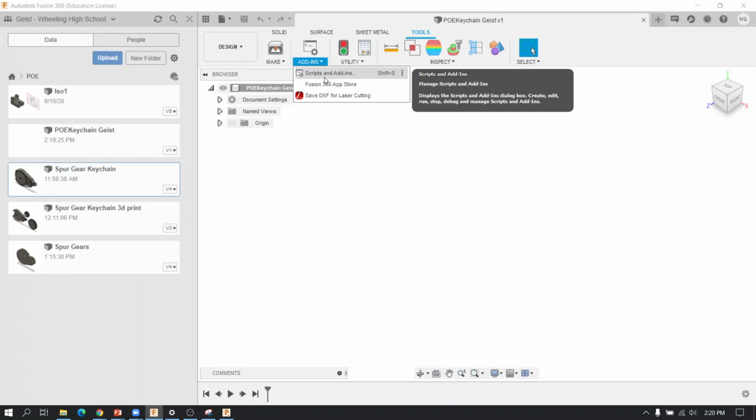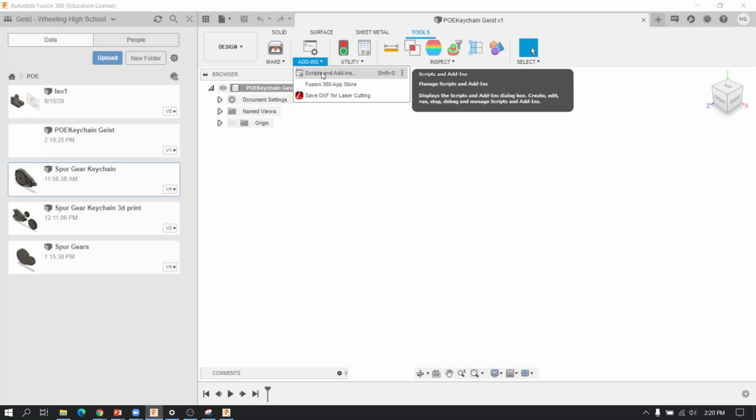These are kind of like macros. If you're familiar with what a macro is, that's kind of what these are. If you're not familiar with a macro, don't worry about it. It's just, like I said, a parametric way of creating some geometry